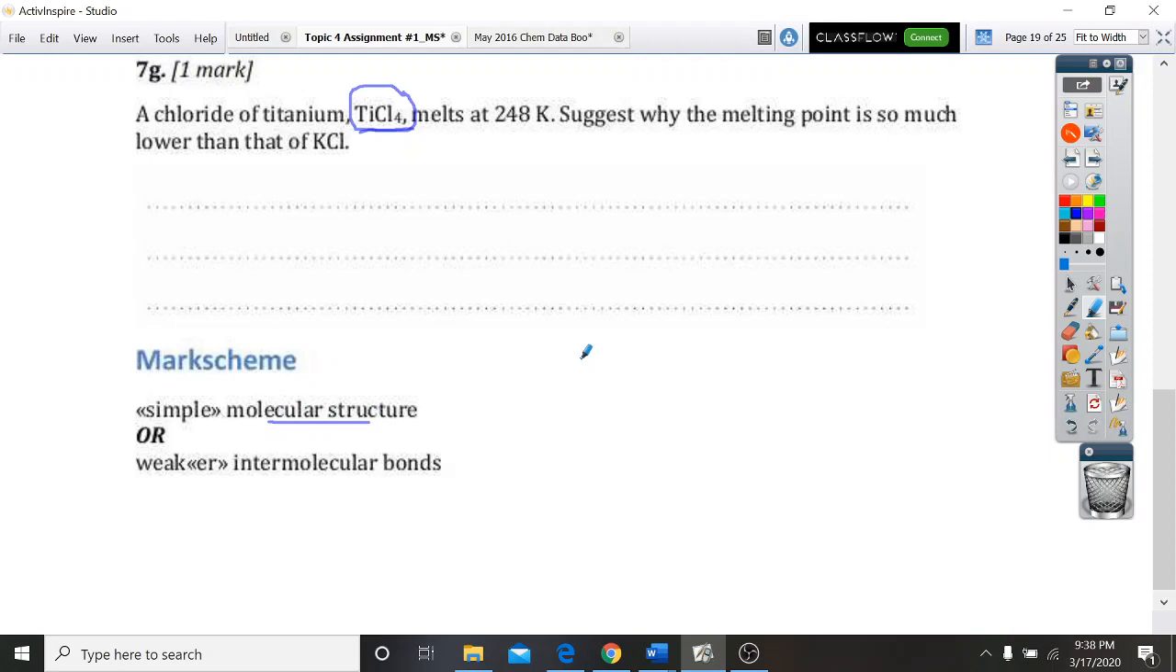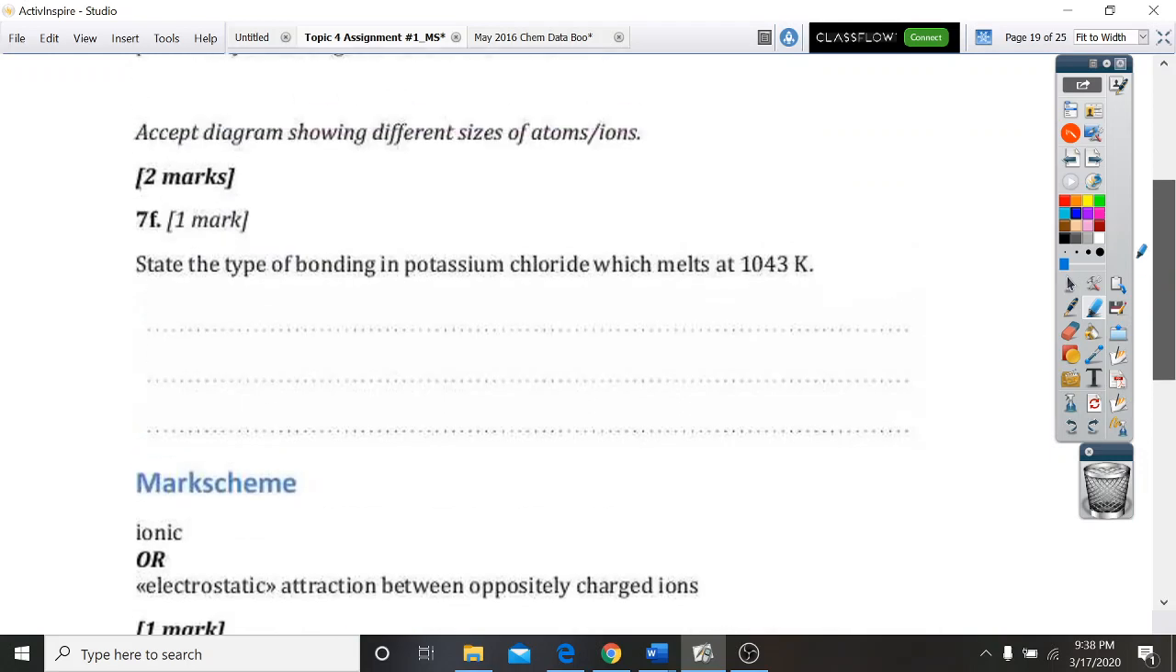What I've done, honestly, is just memorize that TiCl4 is molecular and not ionic, and it's just helped me. They tend to only ask about this. They don't really ask about other exceptions, just this one. In